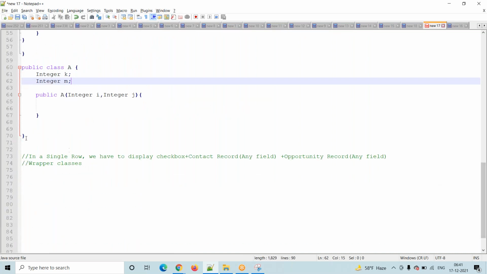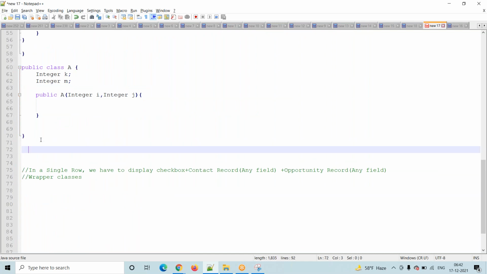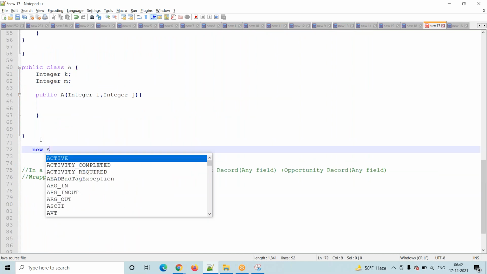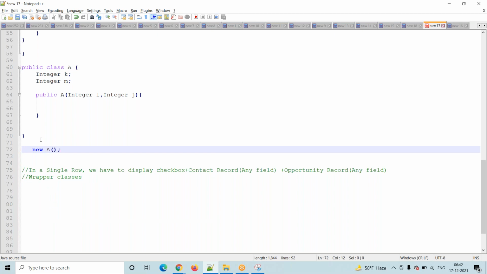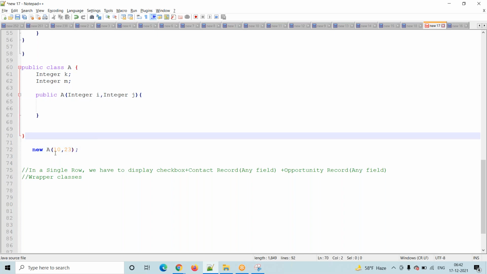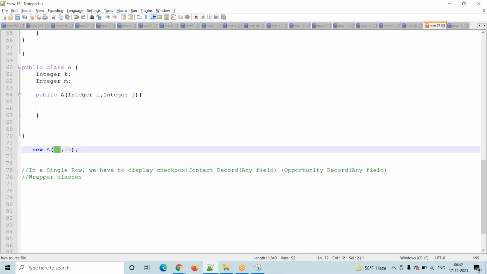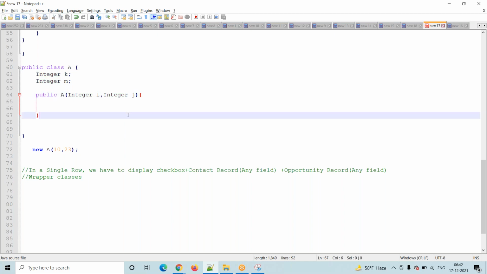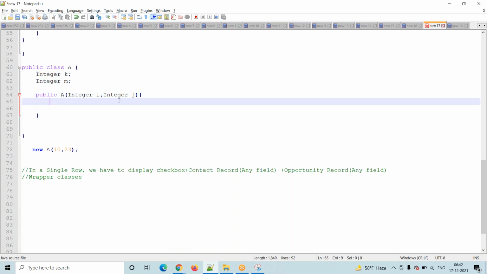Now suppose I am creating an instance of this class, new A. While creating an instance I will pass some data here, 10, 23, any data. Whenever we pass this data it will go to i and j. Then what do i and j do?